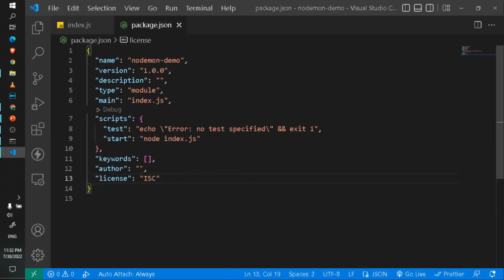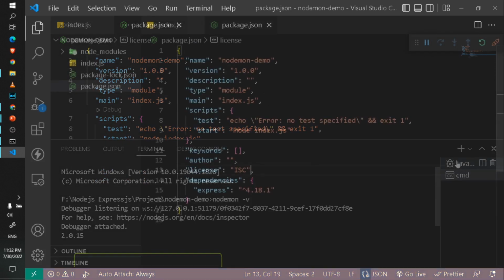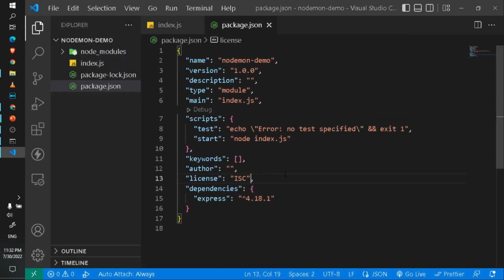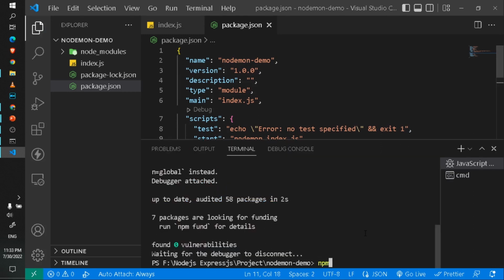Also, if I haven't imported it in the package.json, to use it directly I can just change node to nodemon. Now whenever I start the server,